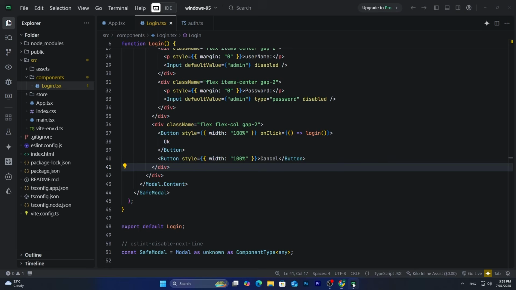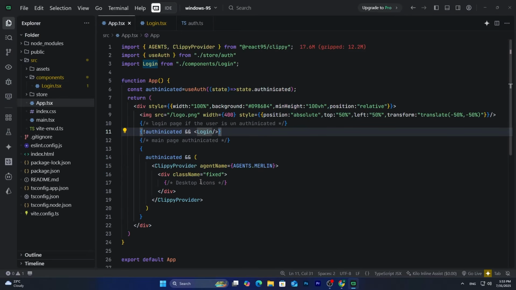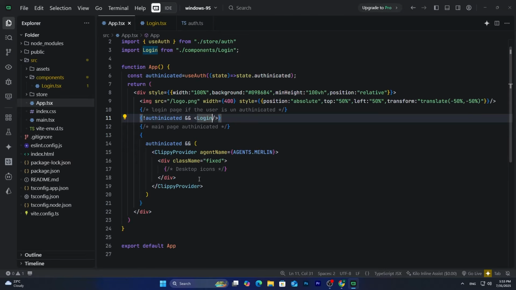And if we click on OK now, as you can see, the Clippy provider works, but why do we have 2? We got 2 of them now. We will work on it to see what's the problem. So let's go back to the